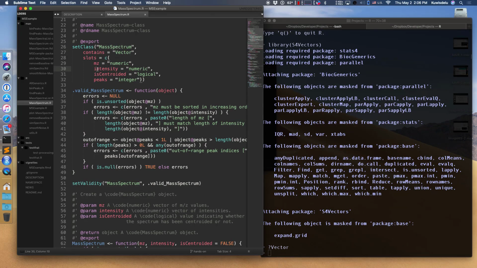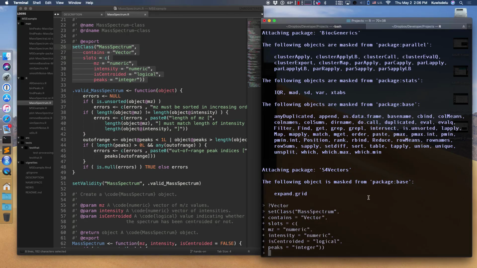This MassSpectrum has 4 slots. One of them is mz. This will just contain all of the mz values for the mass spectrum. That's going to be a numeric vector. The intensities in a slot called intensity, that's going to also be a numeric vector. A logical for whether or not this mass spectrum has been centroided, and an integer vector that is supposed to contain the indices of any peaks that were detected in this mass spectrum. So that's all that's going to be happening here. I just call that, and